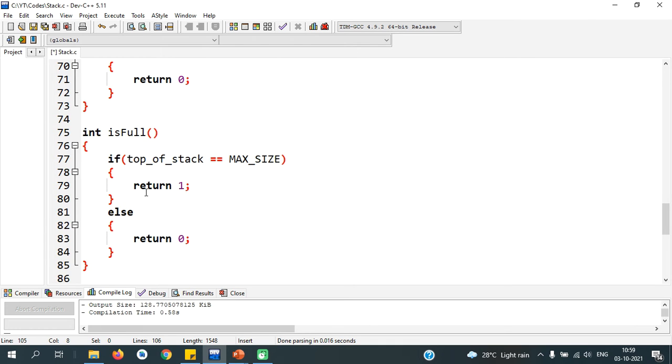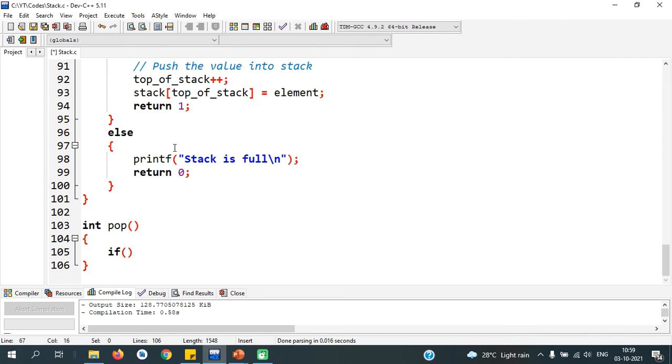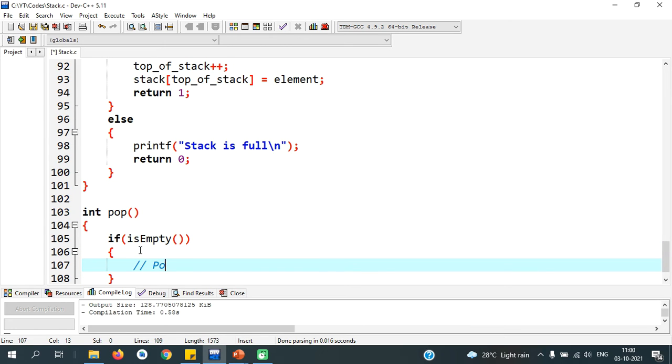For every pop operation, we need to check whether the stack is empty. In case the stack is empty, we need to print that the stack is empty, or else we print the value at the top of the stack. So if the isEmpty method returns 1, which means the stack is empty, this pop operation must not be executed.